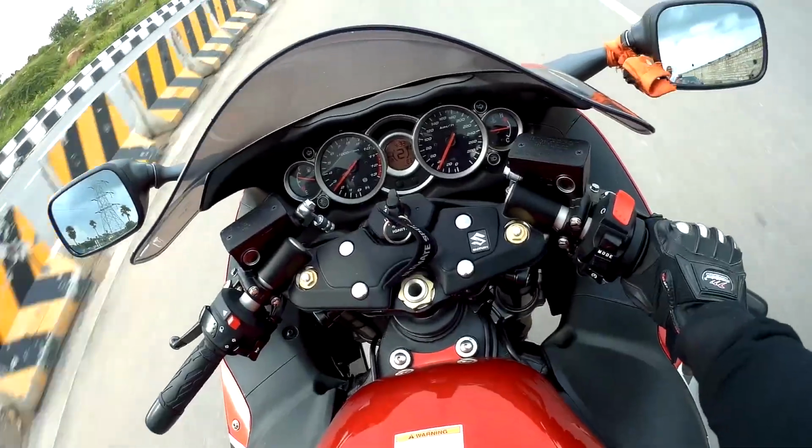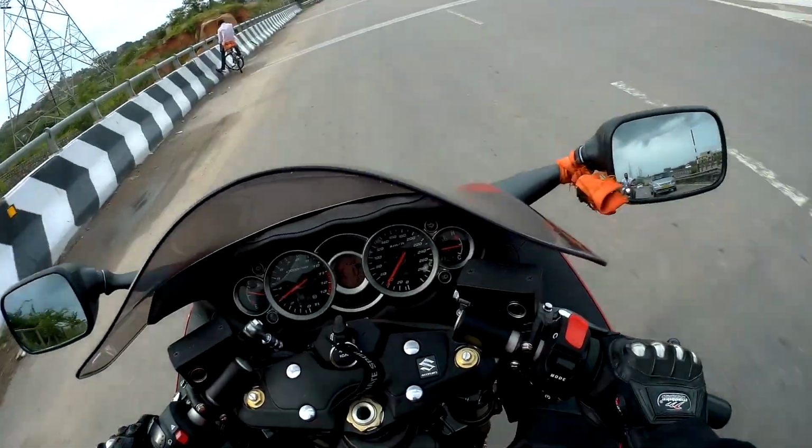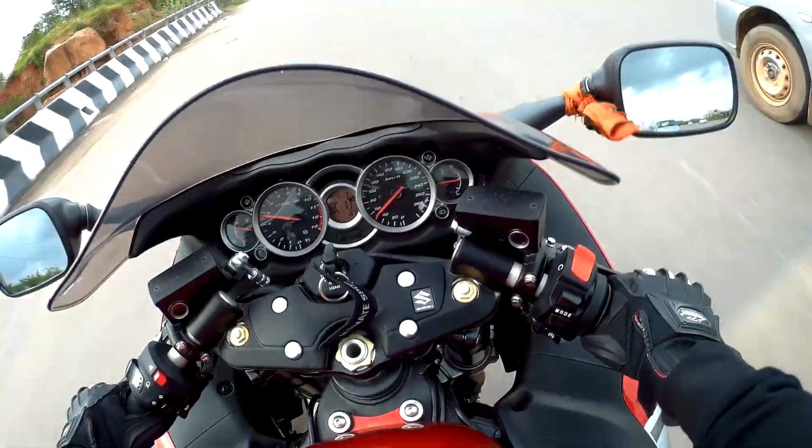It's just my impressions of the bike because I've ridden it many times. I just wanted to show you guys how it accelerates. Pull it, give it some beans and